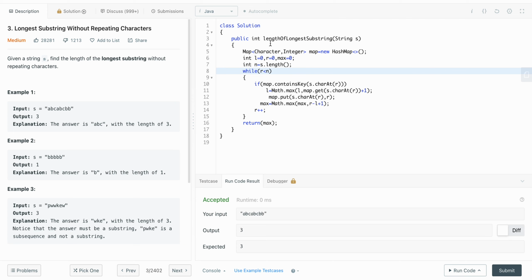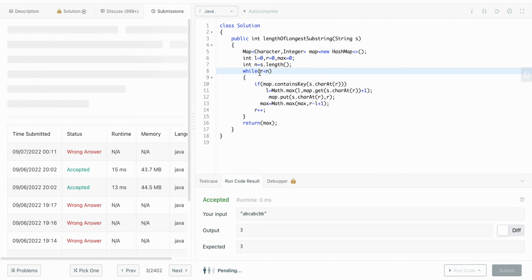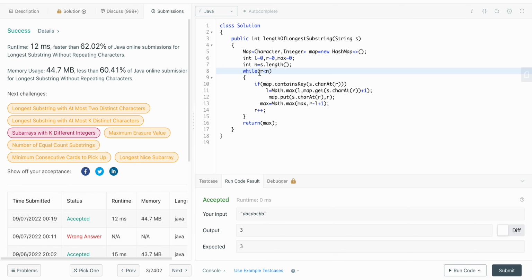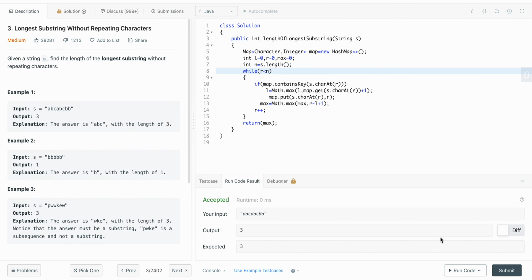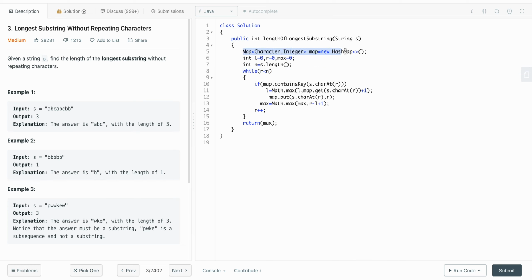So we should run for all the test cases, and this will get passed. Okay, and yeah, this got passed. This is the optimized solution, since we are taking a map. If I take the length of the string as n,